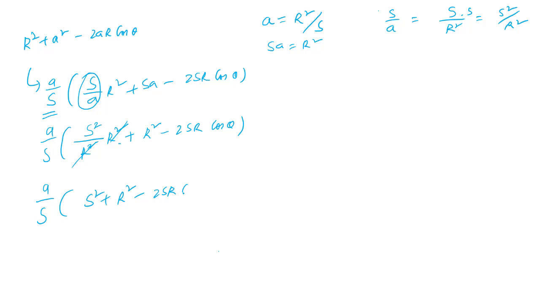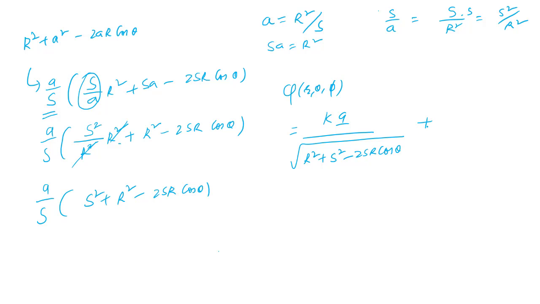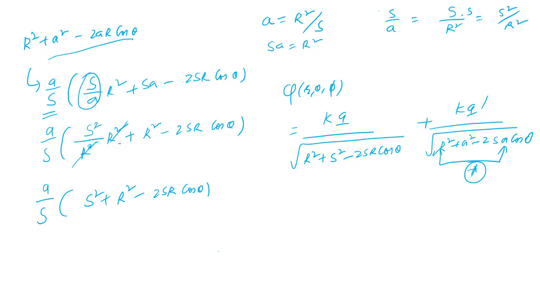So if we go back to our potential, the potential that we wrote with the image charge came out to be kq by the square root of r squared plus s squared minus 2sr cosine theta, plus kq prime by the square root of r squared plus s squared minus 2sa cosine theta. We started with this term, we called it the star, and then we massaged it a little bit to get this sr cosine theta term first, and then our goal was to make this look like this,